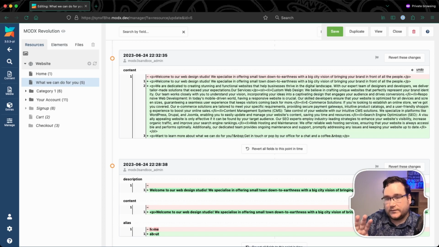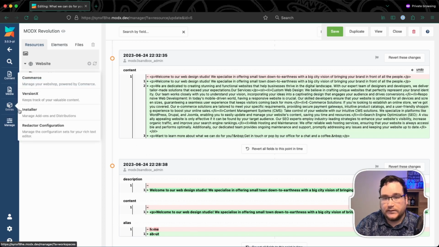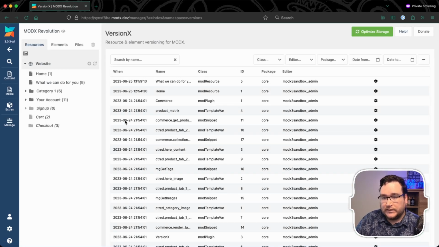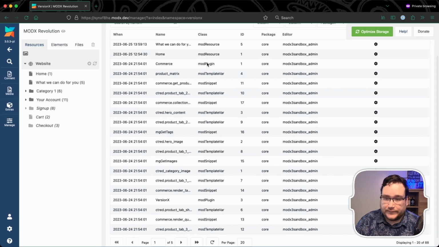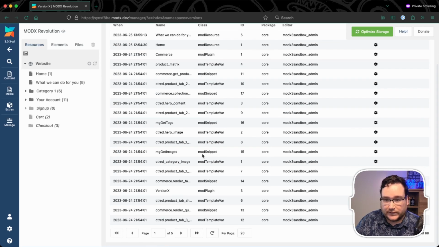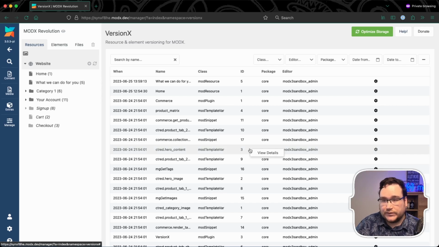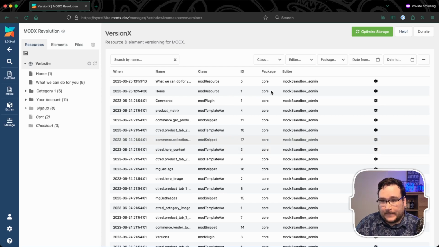Right, so with that context of how it looks here, we can also look at the overall manager page for VersionX, which will show all the different deltas that have been created. So a lot of these here are imports. But this will give you a full history of everything across your entire site. One thing that ties into here, and we'll probably work on making this look even better in future versions, is that